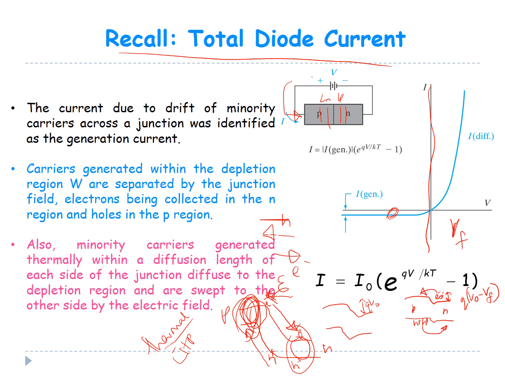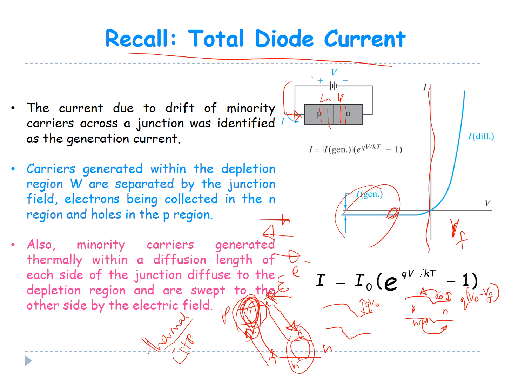The holes, if they are generated far away from the depletion region, will recombine before they reach the depletion region. So they should be generated close to the depletion region, that is within Ln or Lp of the depletion region. So that's why we call this current the generation current, because it is due to the generation of minority